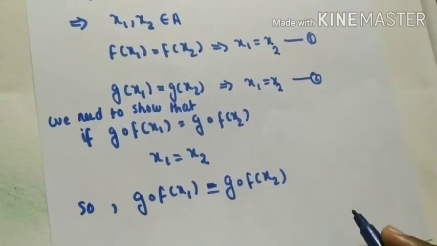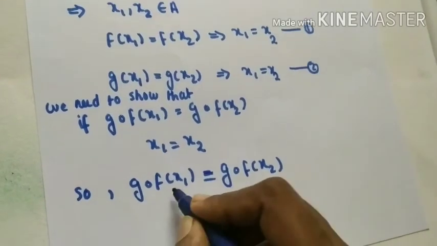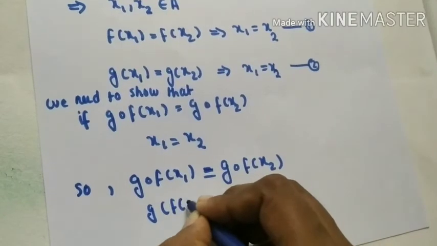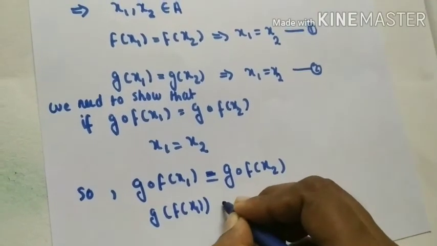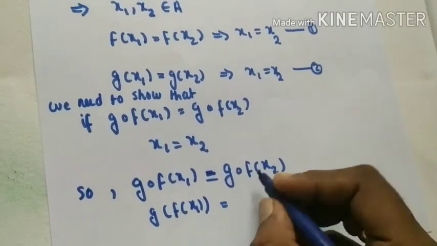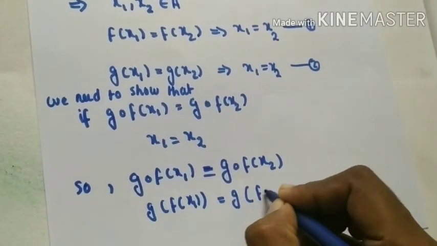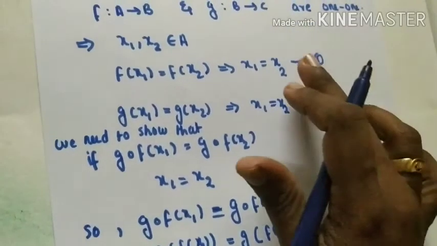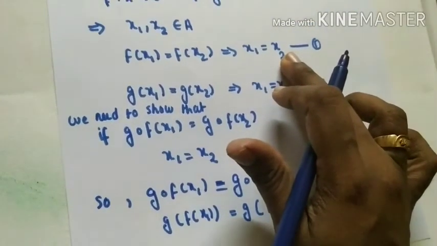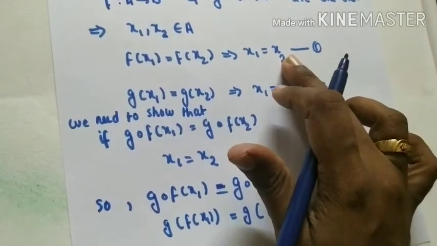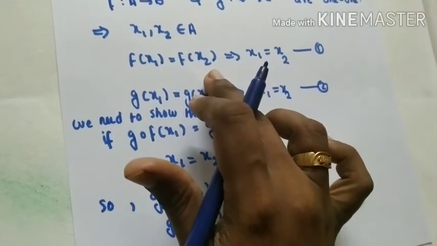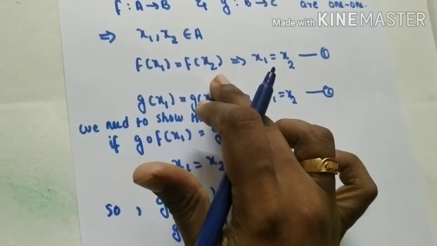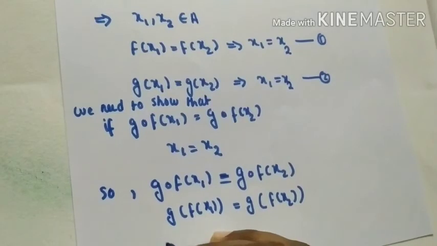Okay, from equation number 1, f of x1 equal to f of x2, so which implies that